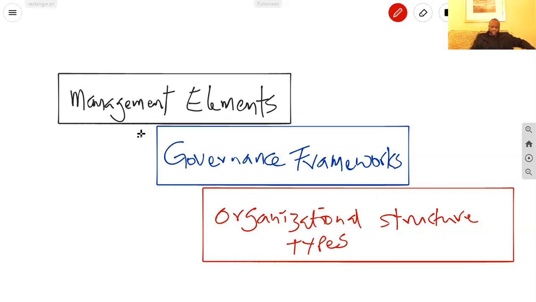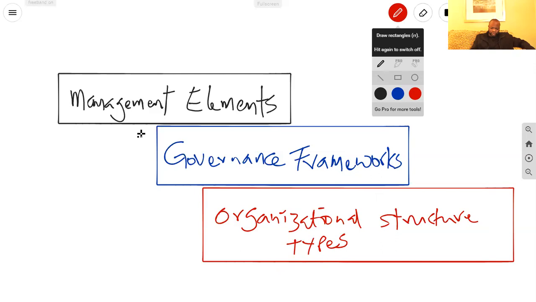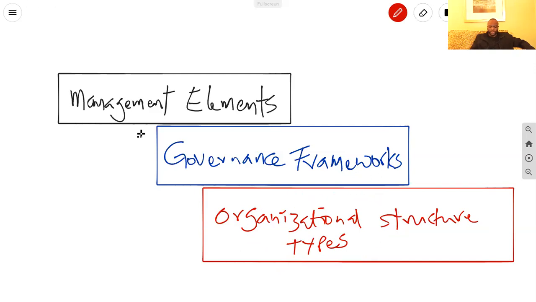So, you know, organizational structures like matrix structures, weak matrix, strong matrix, and all that. That's really what this is. So that's off the table. You're fine with that. Governance frameworks. We've gone over this governance framework thing for the past 20 minutes. So now you've got an idea that it's the rules, the policies, the principles, the relationships in the firm, all of that stuff. Remember, we've talked about it. The final piece we're going to talk about, and then I'll let you get back to your studying, is management elements.